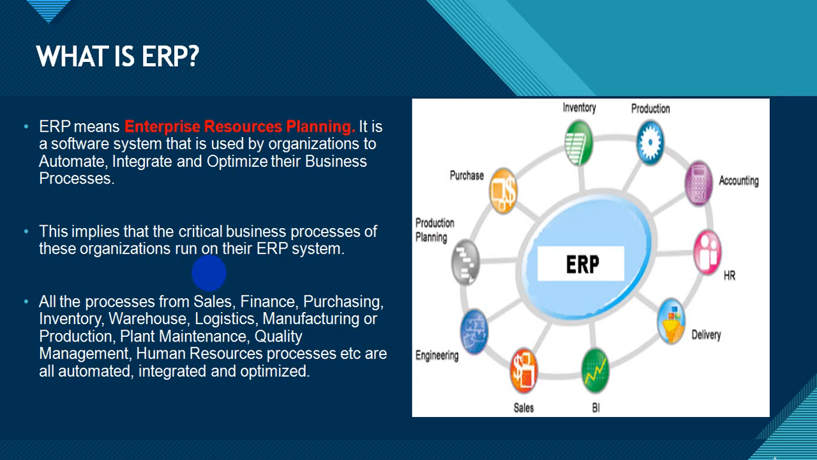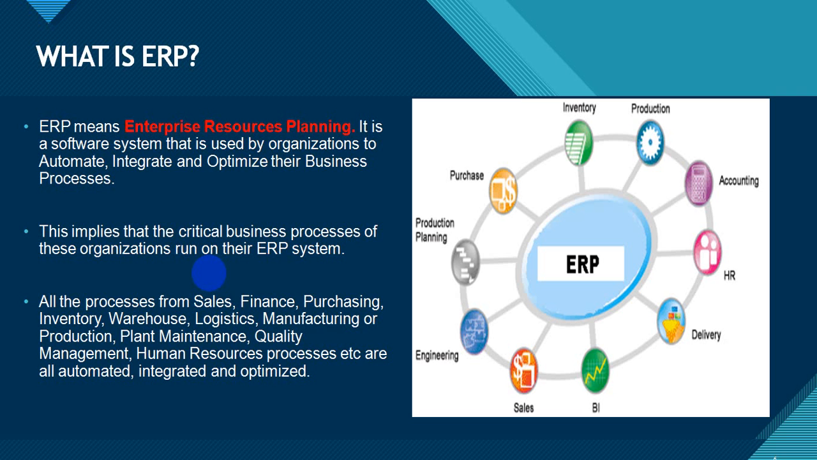ERP means enterprise resource planning. It is a software system that is used by organizations to automate. That means to stop using manual processes and use software to integrate and optimize their business processes. This implies that the critical business processes of these organizations run on their ERP system. You can look at the diagram there. You see the different interconnections of these business processes. All processes from sales, finance, purchasing, inventory, warehouse, logistics, manufacturing, plant maintenance, quality management, HR processes are all automated, integrated,